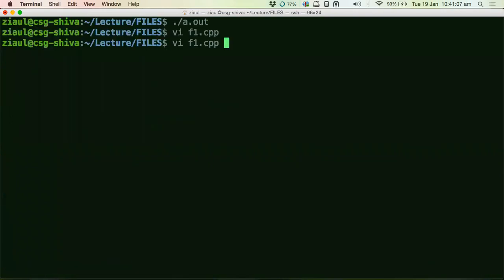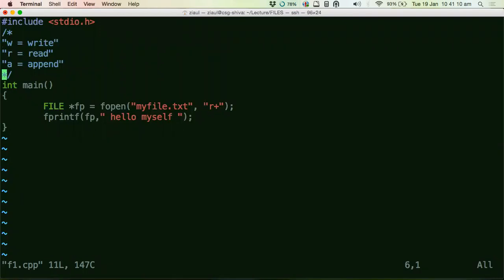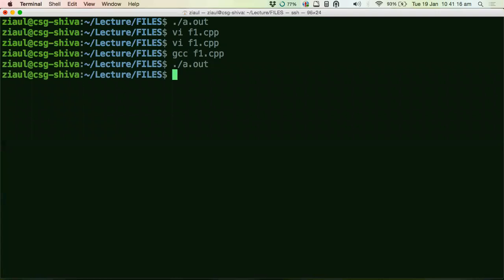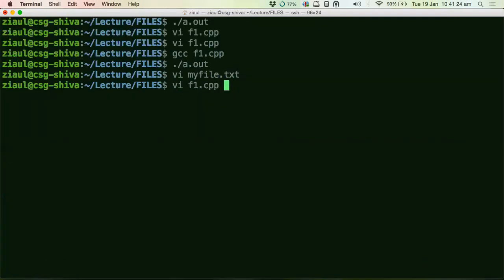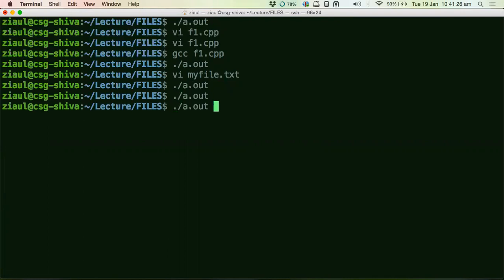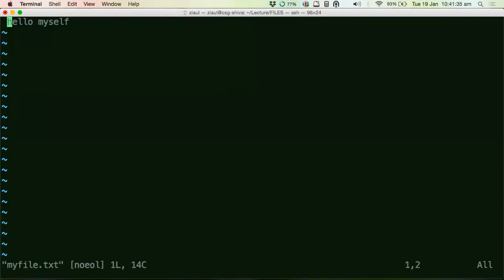Okay, so let me cover the append mode now. Remember one thing, guys. Let's say I ran this program. It runs and I see a hello. And whenever I go to my file, I see a hello myself now. Why am I seeing a hello myself? Because it got written correctly. Every time that I run my program, I am writing the string into the file, so I should have seen multiple lines, right? Because I have accessed this file multiple times to do multiple writes. But why am I seeing only one line every time? What happens is the previous line just gets overwritten.